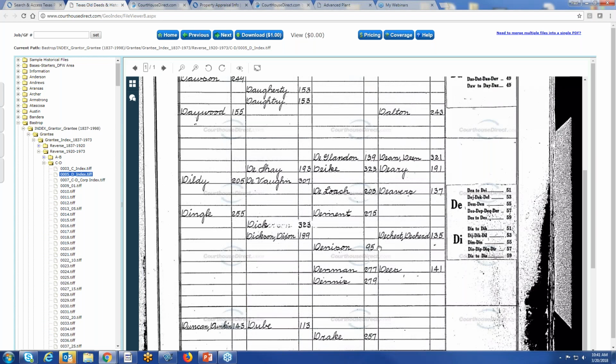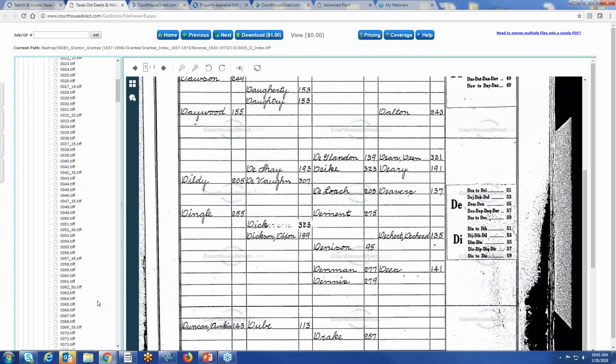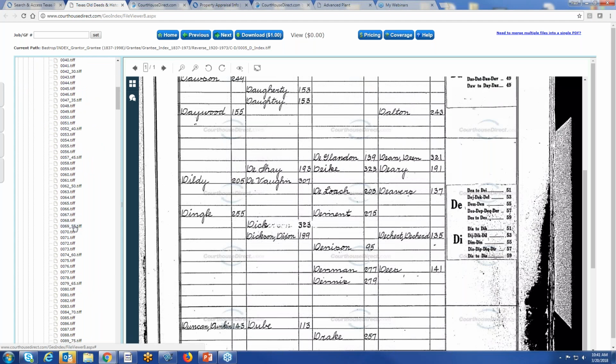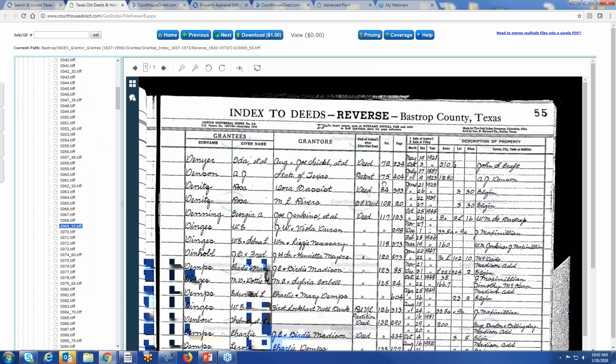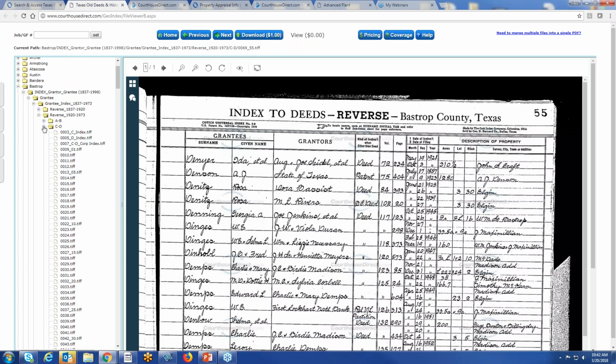And so, if I'm looking for, let's say, something under DEN, for instance, which it should be on page 55, you can see we have _5, _10. So what we're doing is trying to make it a little easier to be able to drill down to whatever area. And if I'm looking for page 55 on the index, there's my index right there. And then from there, if I said, okay, well, I know that I need to pull that patent, which is volume 75404, then I can just kind of back out,